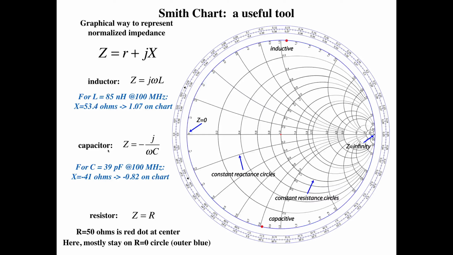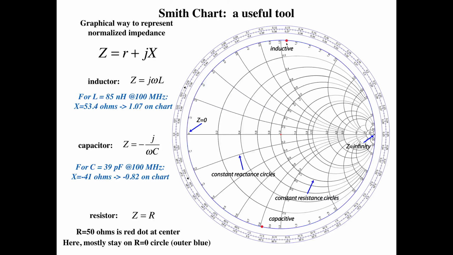We can do the same thing for a capacitor. Now the impedance for a capacitor is minus j over omega C. So for a 39 picofarad capacitor at 100 megahertz, X is equal to minus 41 ohms. Divide that by 50 and we have minus 0.82. And that's this value right here given by this red dot. Okay, so these are the normalized impedances of that 39 picofarad capacitor and that 85 nanohenry inductor